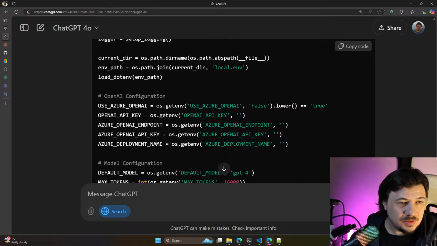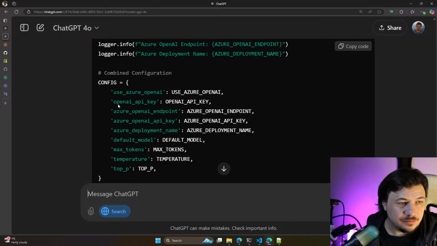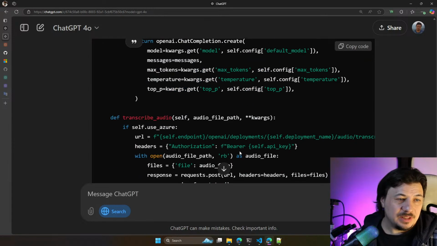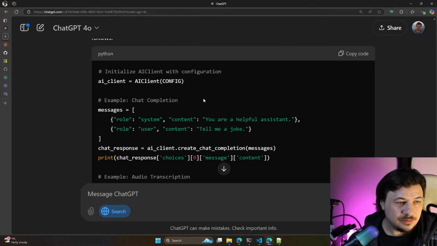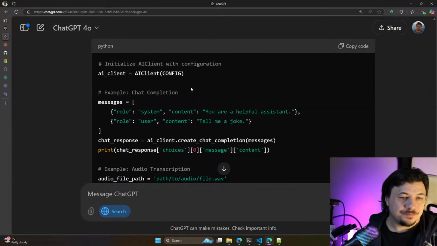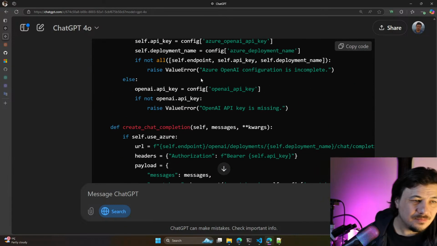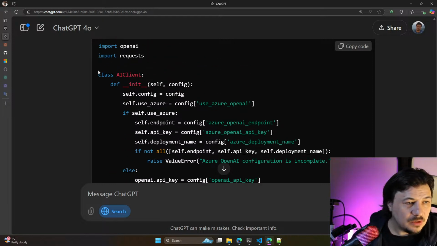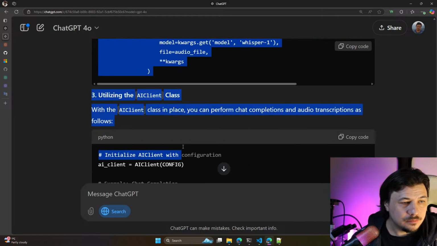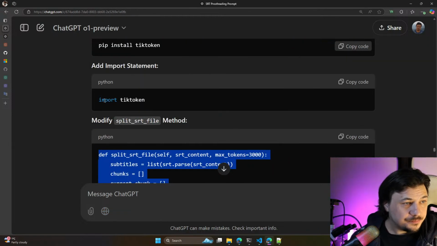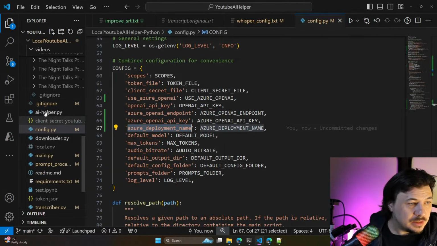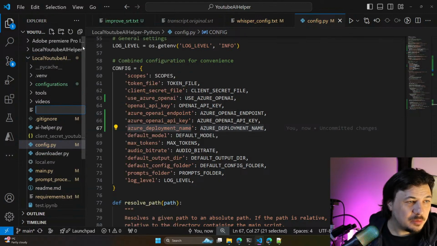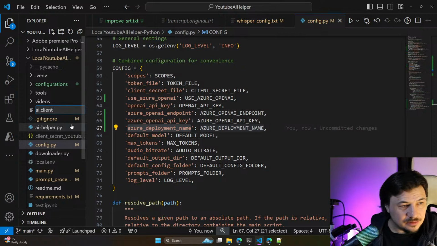Okay. It's all we know. It still uses that thing. Where did it take it from? Where did it take it from? Okay. Let's copy it. But it's not what we actually want. Probably AI client.